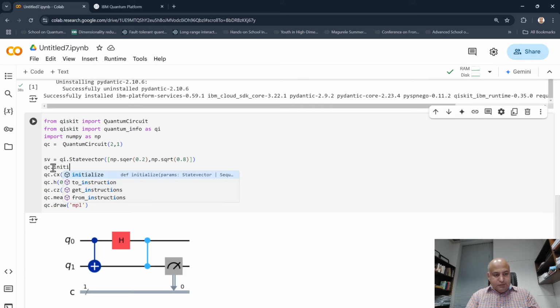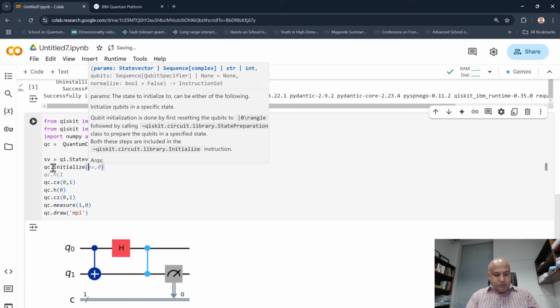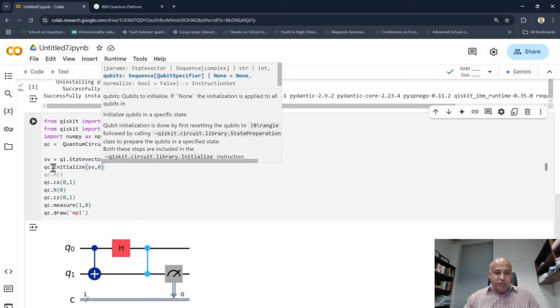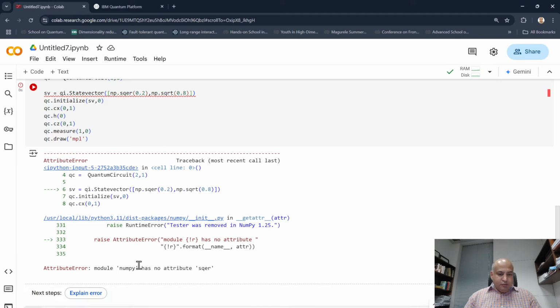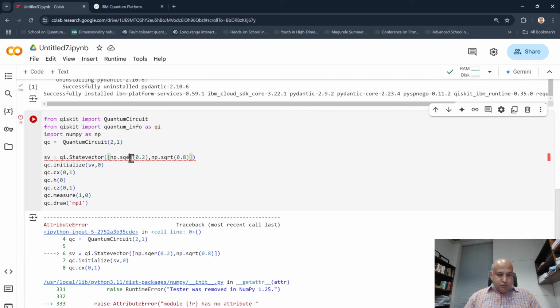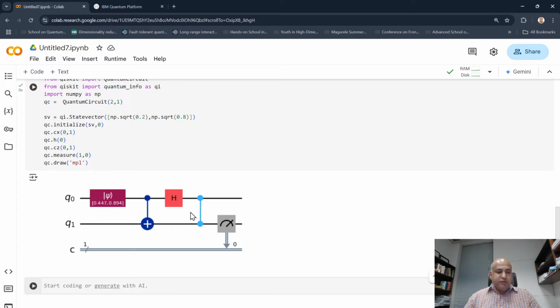initialize our quantum circuit with SV, and I want to initialize qubit 0. Okay, so there is this error, SQRT. Perfect. So we have initialized this qubit Q0 to state psi state vector this, and then there's this measurement happening. And let's now copy the code that we already have for